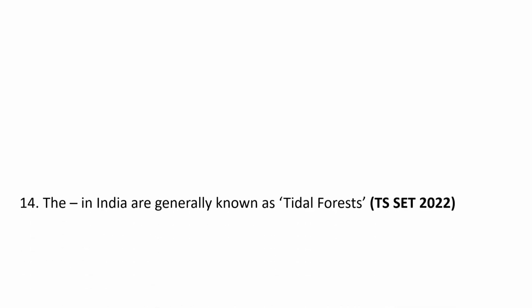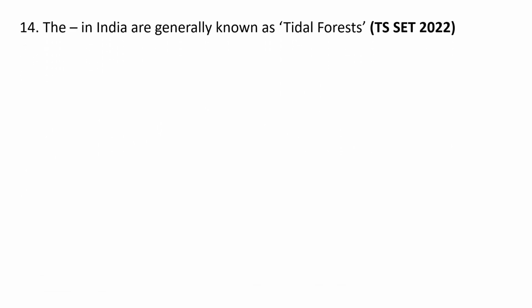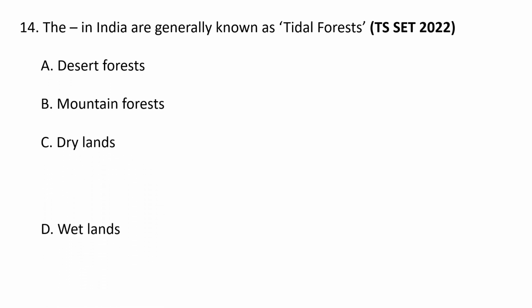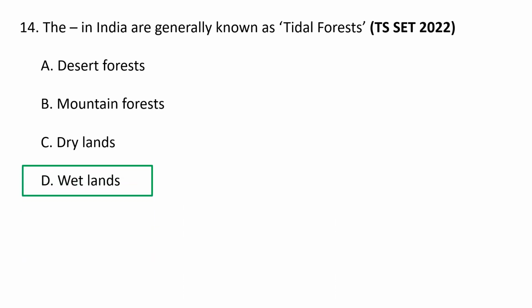Next question. The dash in India are generally known as tidal forests. So which of the forests are known as tidal forests? The choices are A, desert forest, B, mountain forest, C, dry lands, D, wetlands. The correct answer is D, wetlands. So why wetlands? Because